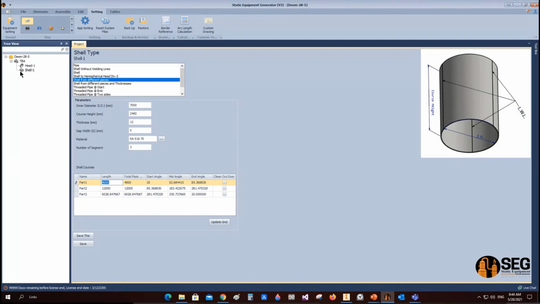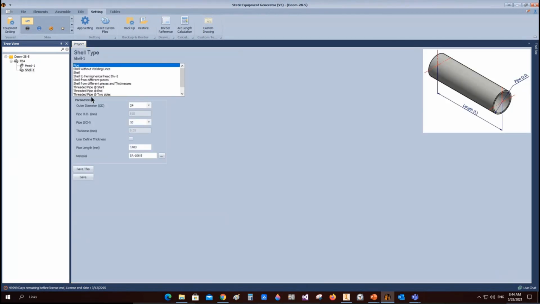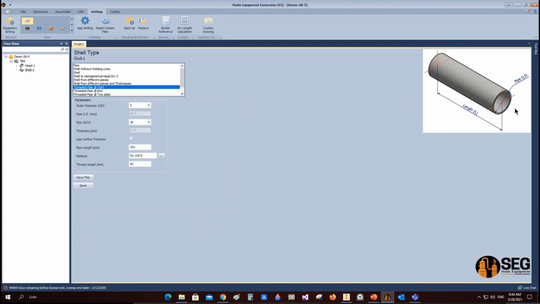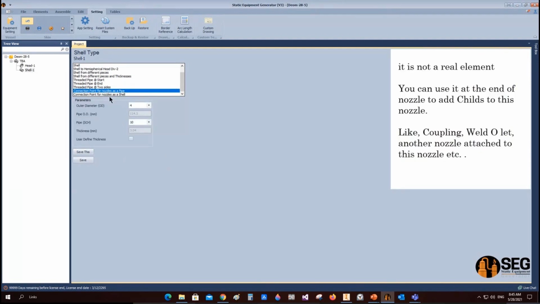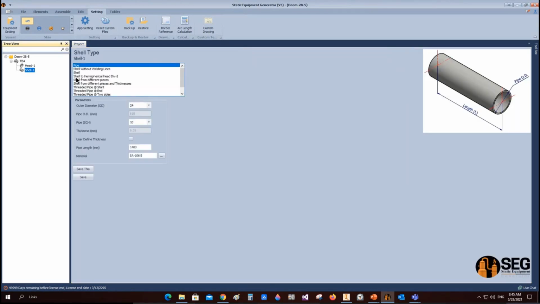Now let's come back here and select the shell and define the inside diameter with 2 meters point 5, define the thickness, the longitudinal welding line orientation, and the length of the shell. So for example, let's make the length of this shell 5 meters. Okay, and let's click save. Now you will receive this message which tells you that the available length of the delivered blade dimension is 3